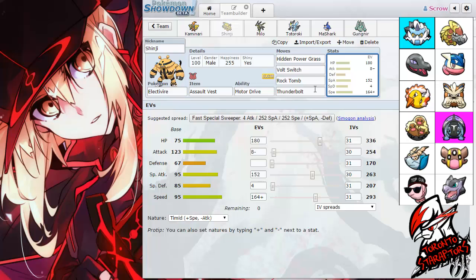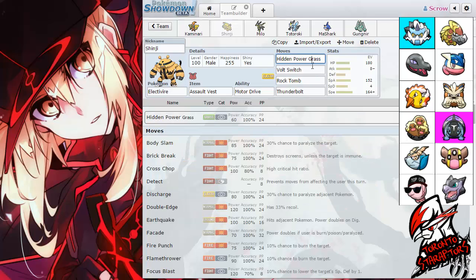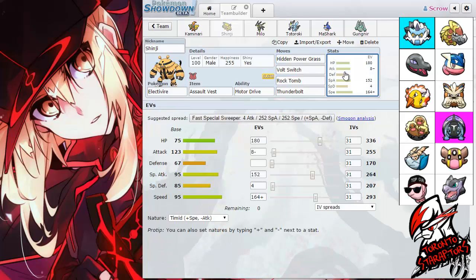I guess the Hidden Power Grass, Volt Switch, and Thunderbolt. The special attack investment helped me hit the Gastrodon a little bit better. It's a 2-hit KO. I actually didn't do the calc until I actually battled him, but thankfully it was a 2-hit KO on a defensive pivot Gastrodon, and just the resting HP obviously helped me to take any special hits